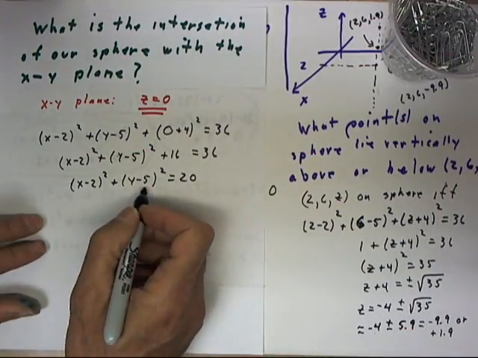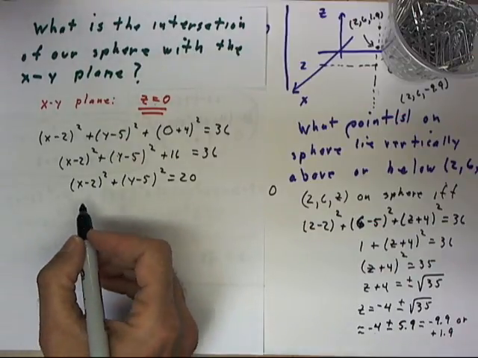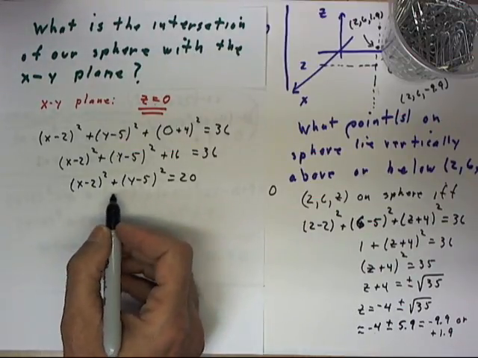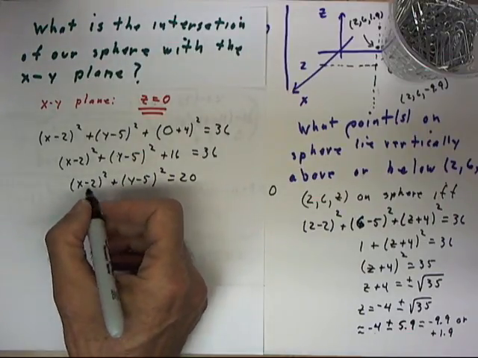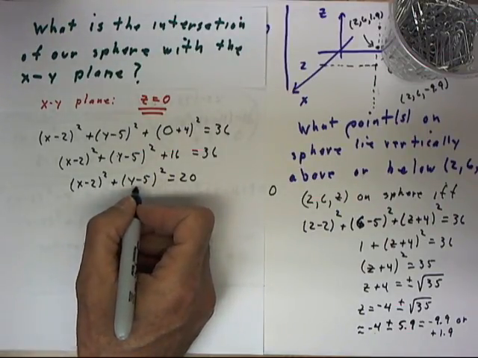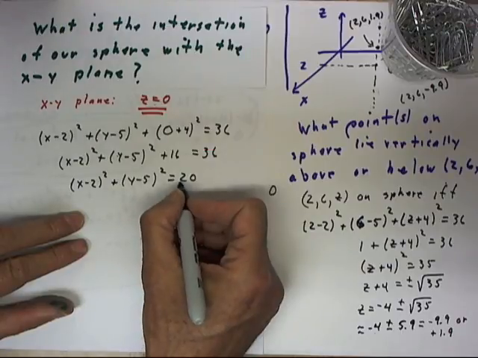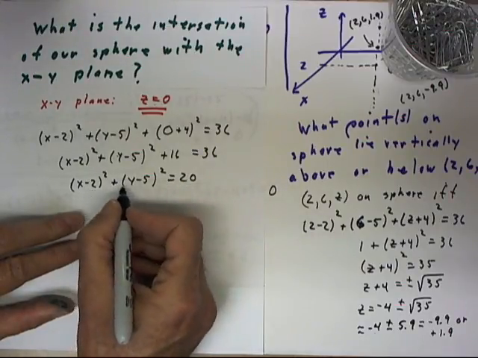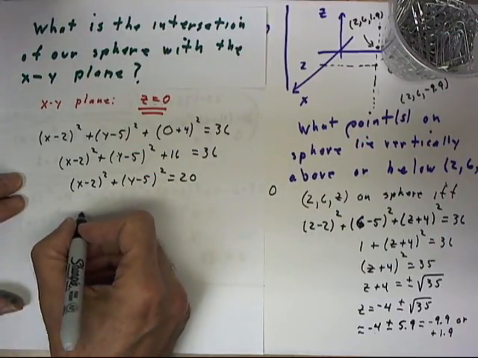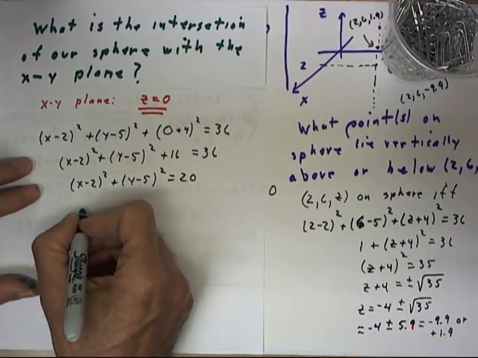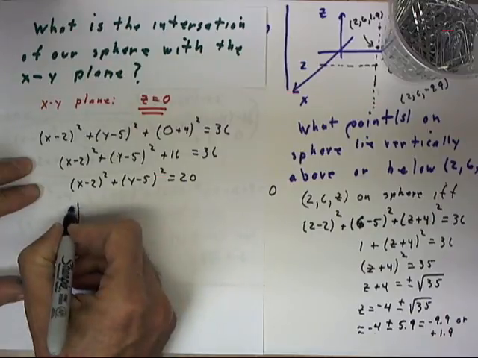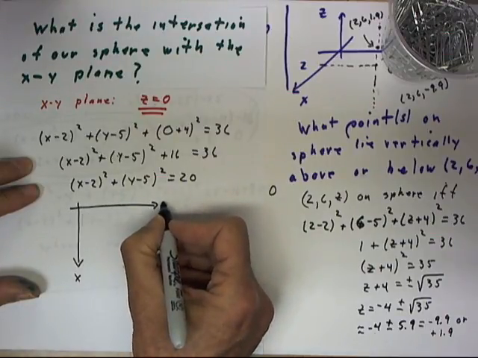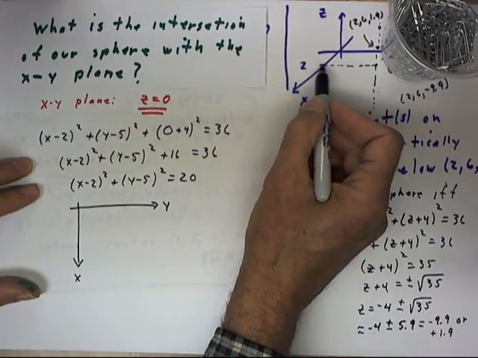Now, you should know from pre-calculus, and if you don't, it should be fairly clear from the way we've talked about the equation of the sphere, that this is a set of points in the xy plane that lie at distance square root of 20 from the point (2, 5). So if we want to draw our xy plane, we'll draw it like this, just to be consistent with the way it's been drawn up here,